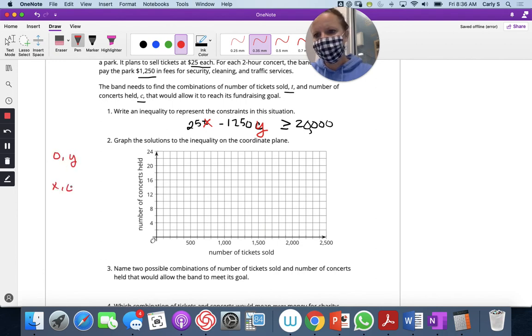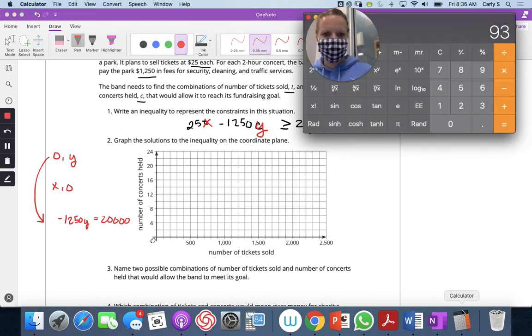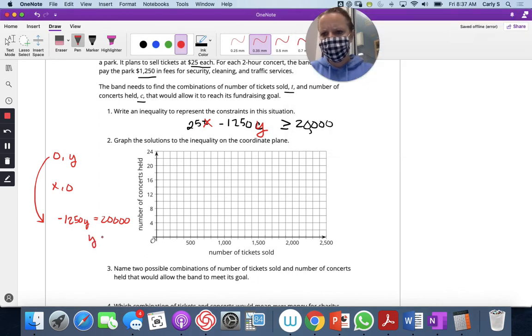I'm going to go ahead and graph 0, comma Y and X, comma 0. So if we put in 0 for X, we get negative 1250Y is equal to 20,000. So Y,